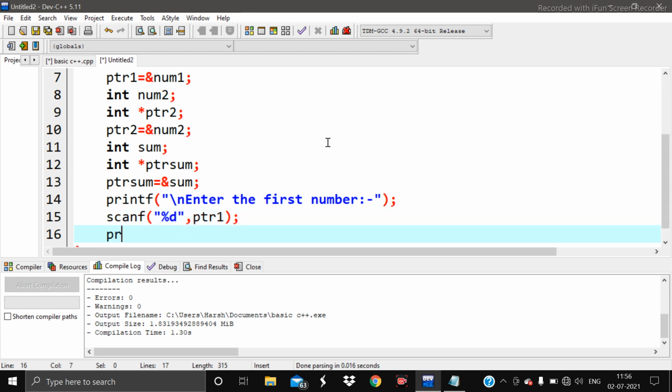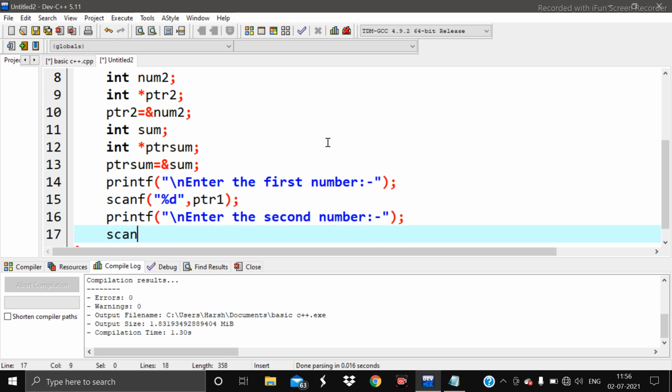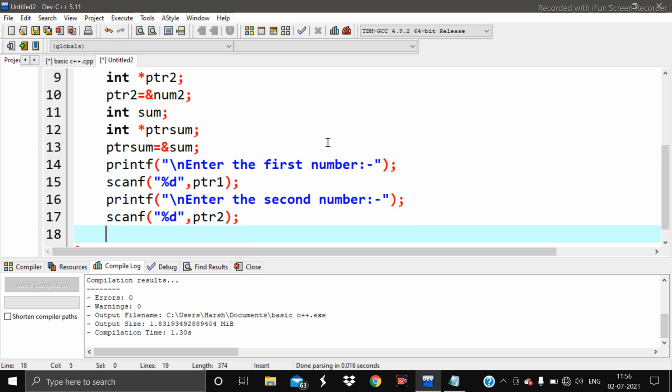Similarly, we take the second value from the user: enter the second number. Scanf %d, the format specifier for the int data type, and ptr2, and & will not be used because the dereference asterisk symbol and the & operator will cancel each other.